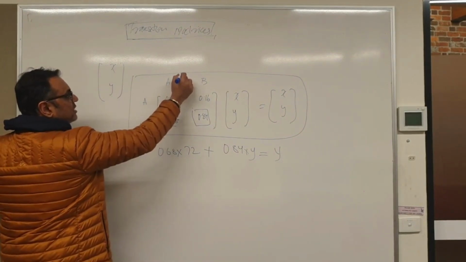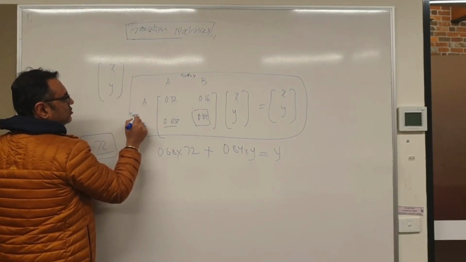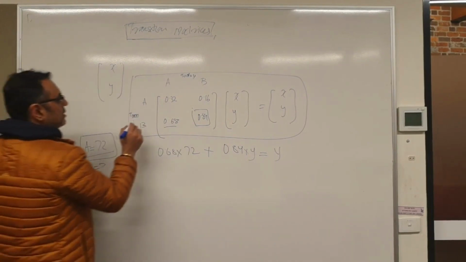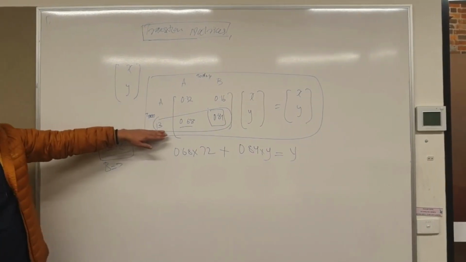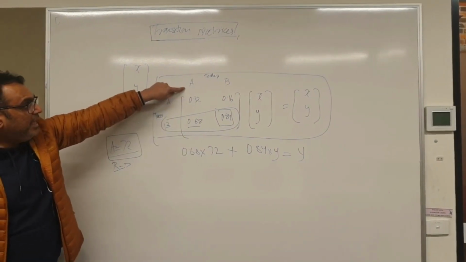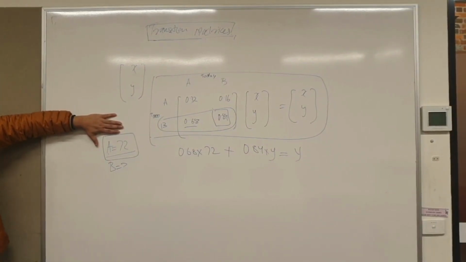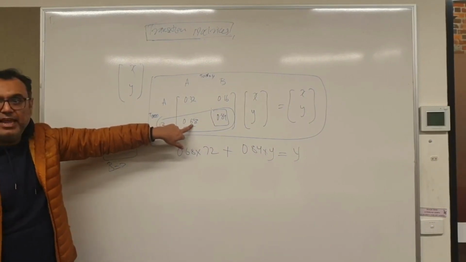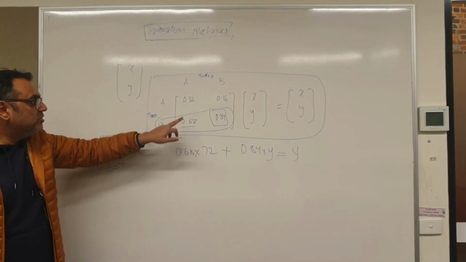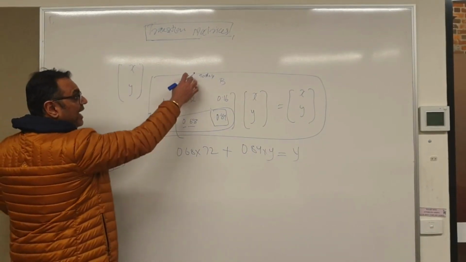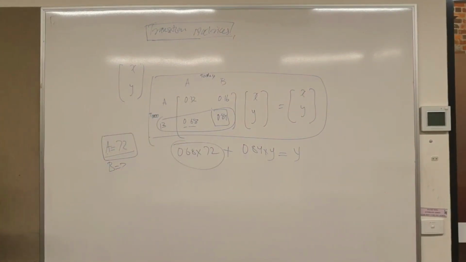If this is today and this is, let's say, tomorrow, this tells me tomorrow how many will be sitting on B. If there are 72 on A, 68% of those will go to B, correct? So that means on B I'll have 68% of 72 on a given day,